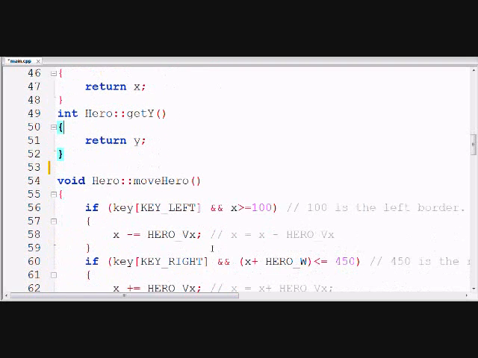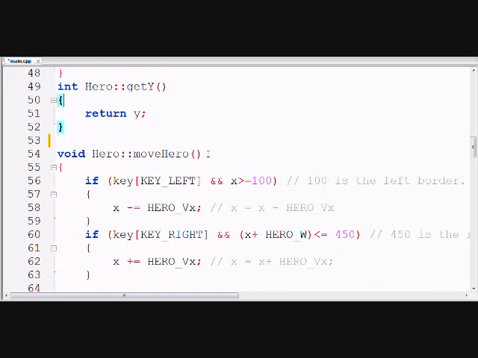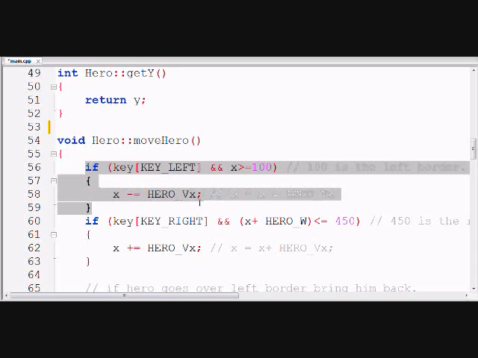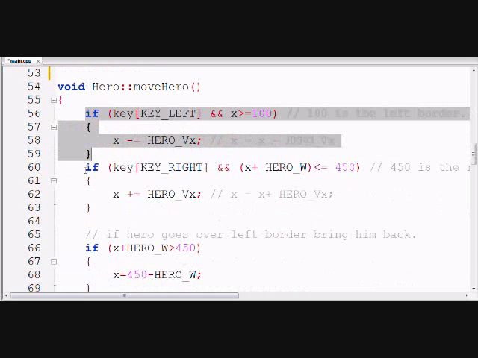Here I have the function move hero. Now I'm going to be setting up a border between 100 and 450, and within that border that's where the game's going to happen. So what I'm saying in the first if statement is that if someone is pressing the key left and the position of the ship is within the border, subtract the velocity from x. What I'm saying in the second if statement is if someone is pressing the key right and the ship is within the border, keep adding